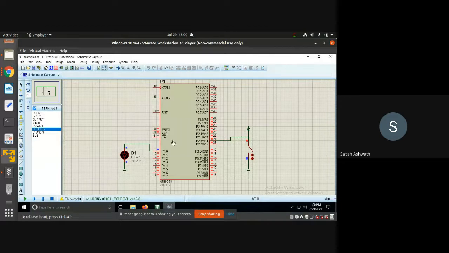Okay, it's automatically in the loop, so it's okay. Whenever I close the switch, the LED turns on. Right, so this will keep on going continuously. There is no other part in the code, so this will keep on running infinitely. Right, so like this, you can select the hardware and do the connections.